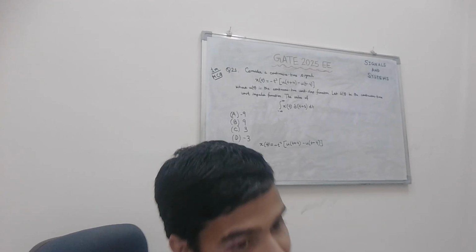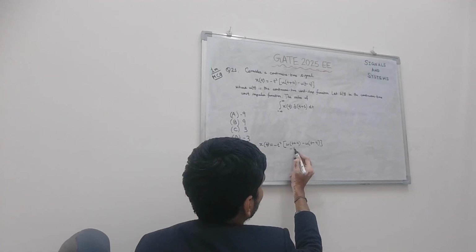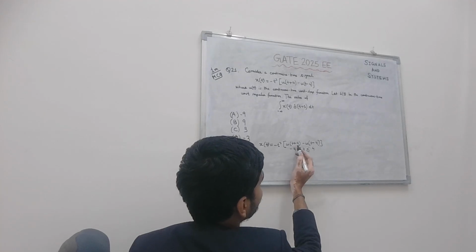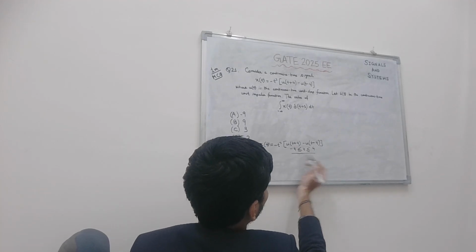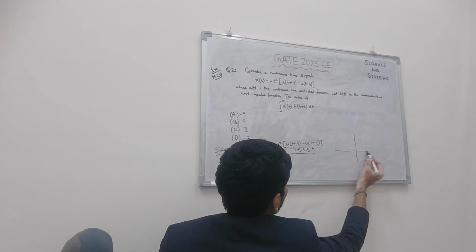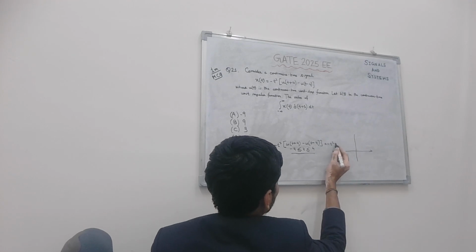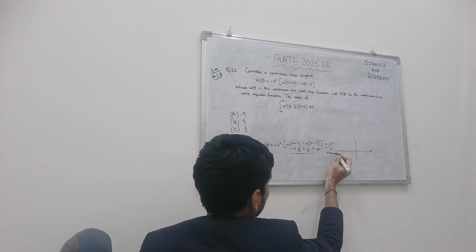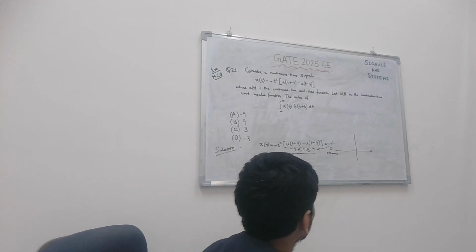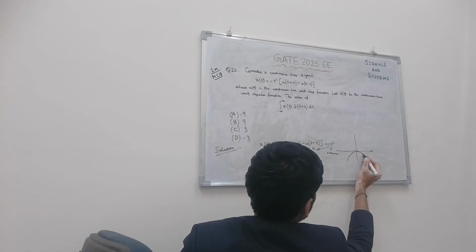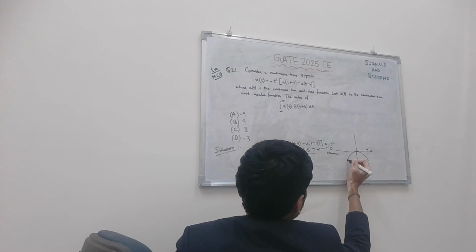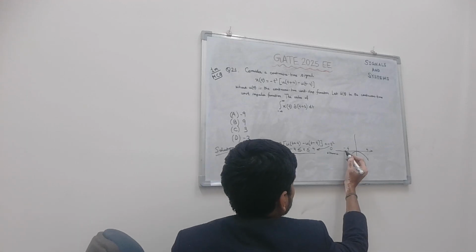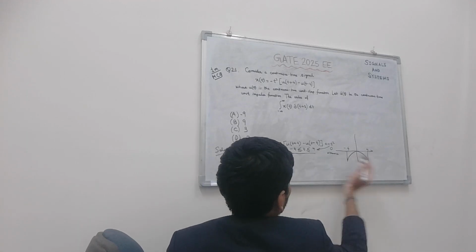This means that x of t exists for the window from minus 4 to 4. Right? t minus 4 equal to 0 gives t equal to 4, and t plus 4 equal to 0 gives t equal to minus 4. It exists for only this window. In this window it is equal to minus t square, and 0 otherwise. So basically it will look something like this, parabolic, minus t square, and it will reach minus 16.